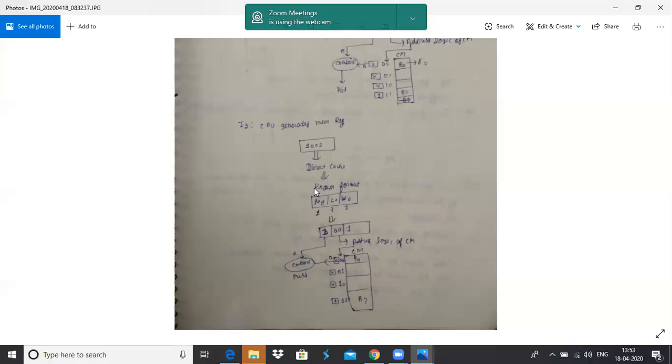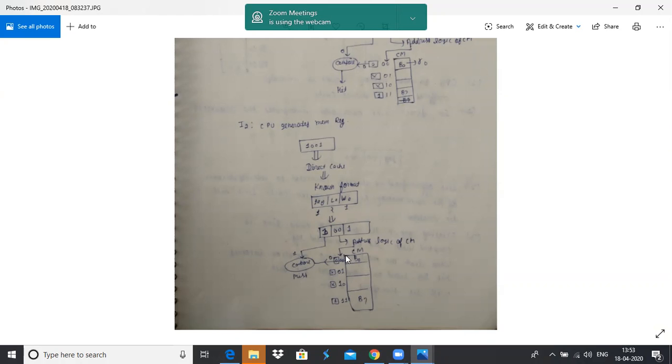In a cache miss, it means the B9 block, that is 1001, does not exist previously in the cache memory.